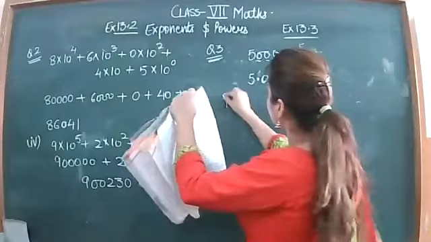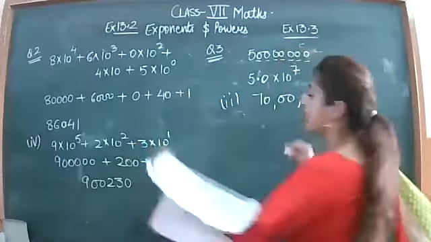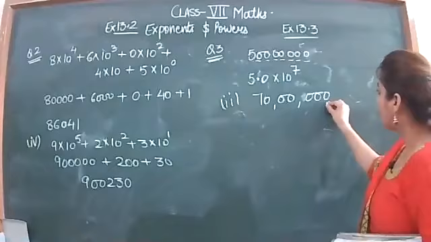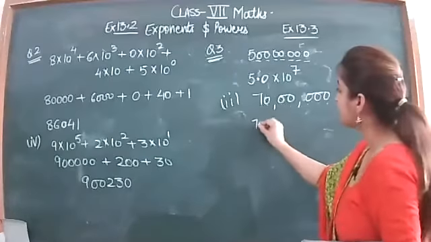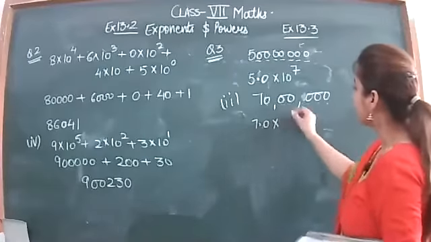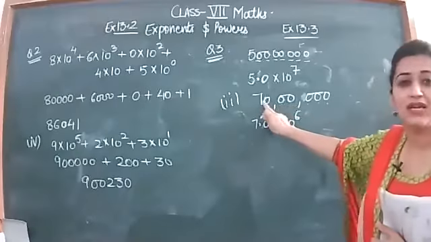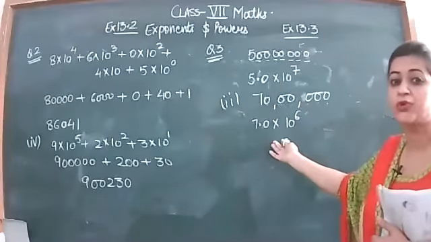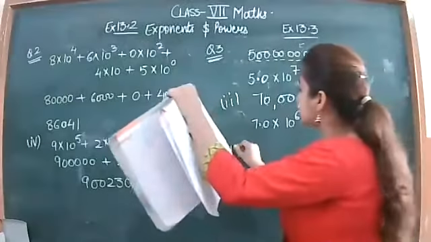Next is the second part. I will discuss each part so that you will not have any doubt. You will count 1, 2, 3, 4, 5, 6. Leave the first digit. It will become 7.0 into 10 raised to power 6. It is called 70 lakh, but it's better to write it as 7 into 10 raised to power 6. Okay, next is